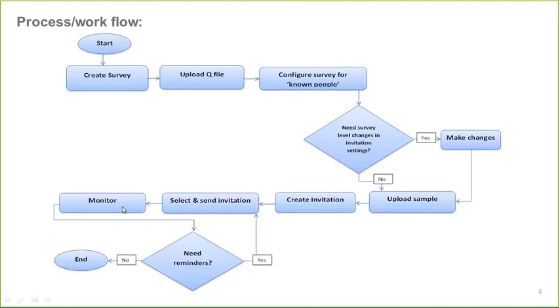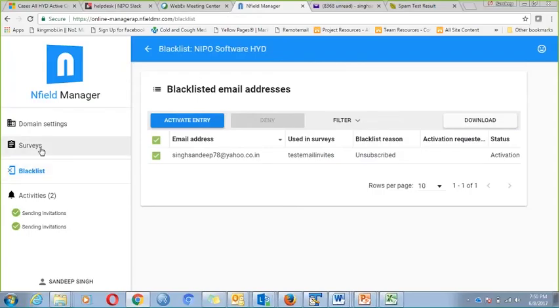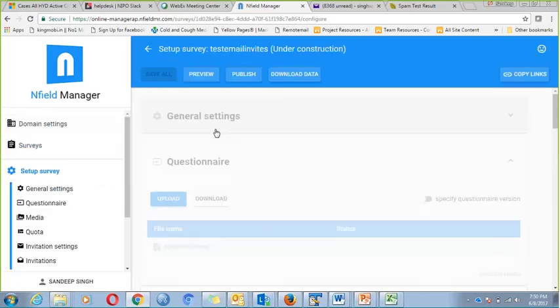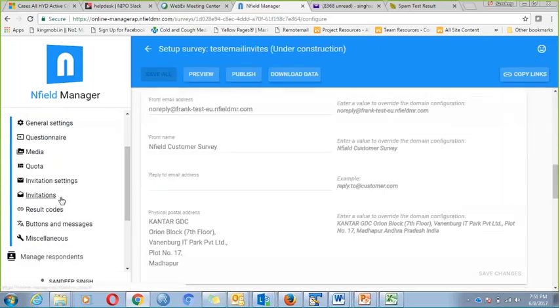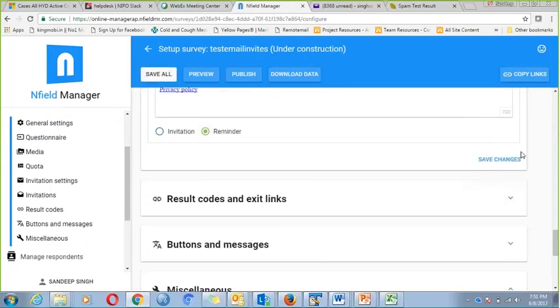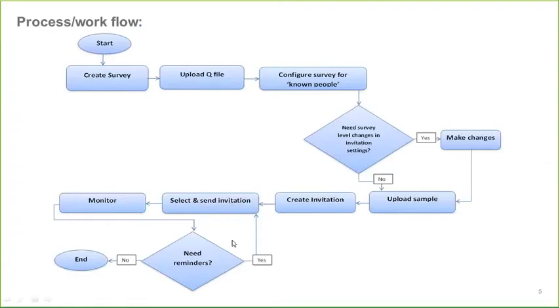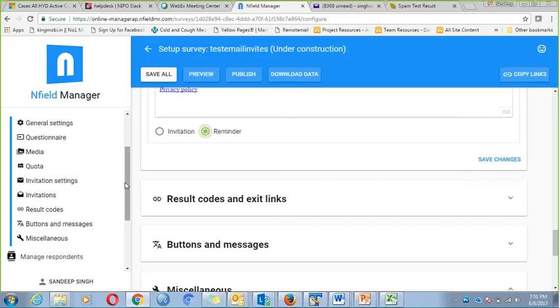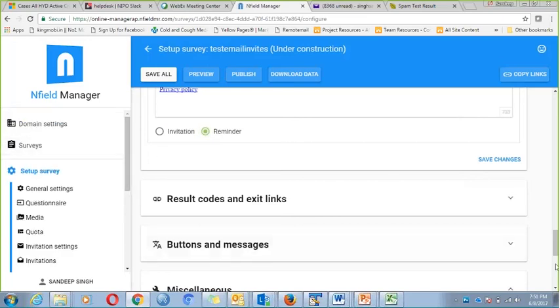So as per our steps, we have done the monitoring part. In monitoring, we will decide whether we have to send a reminder. Then we will go back to the surveys, click on our particular survey, go to invitation, click edit, select reminder, and save the changes. Then the sending process is always the same as we have seen. And if we don't need a reminder, we will end our process here. That's all about the practical demo of how to create the email invitation setup in